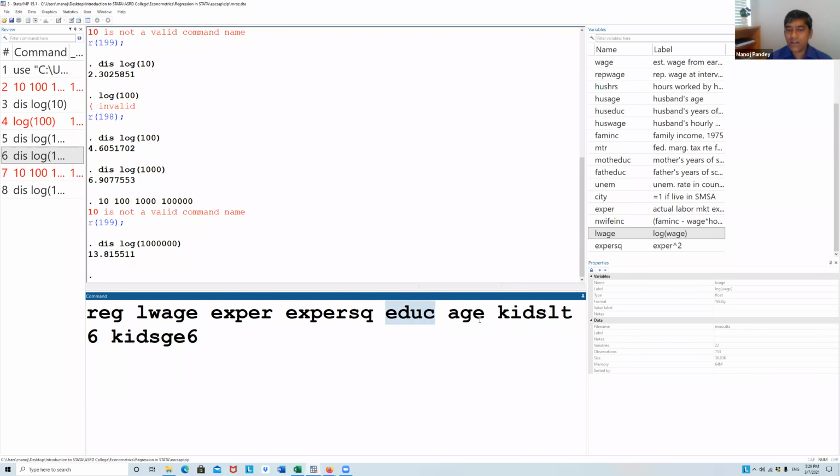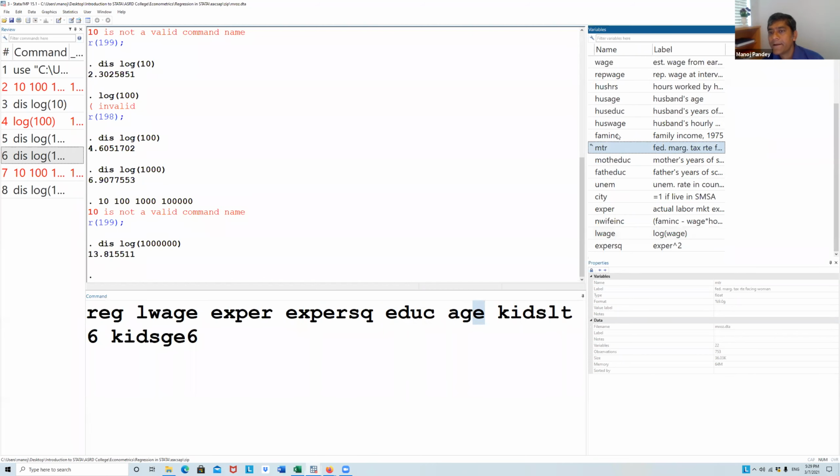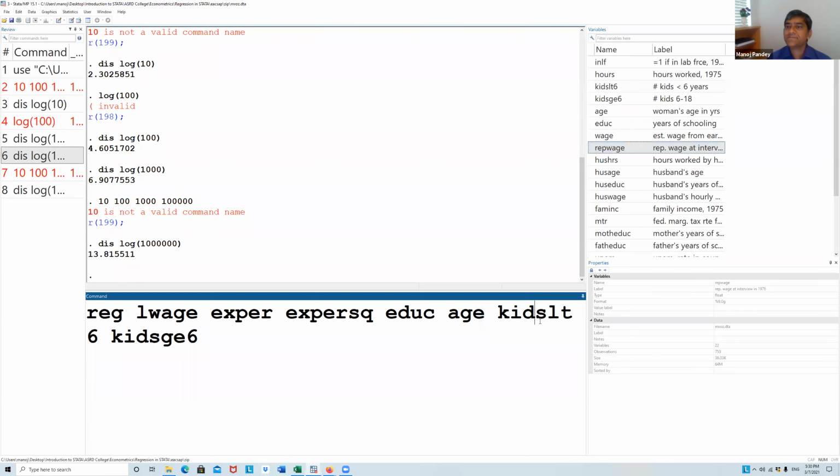Then you have education, then you have age, and then you have kids LT6. What is this? The label is given here. Okay, number of kids less than 6 years, and number of kids between 6 and 18.